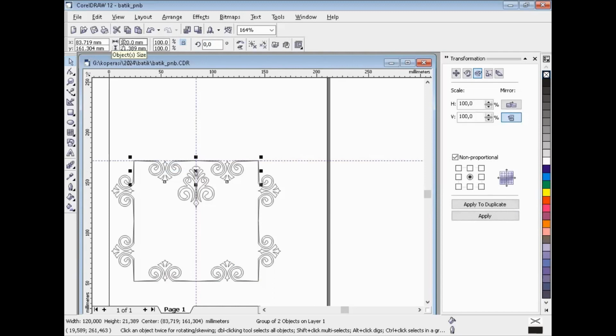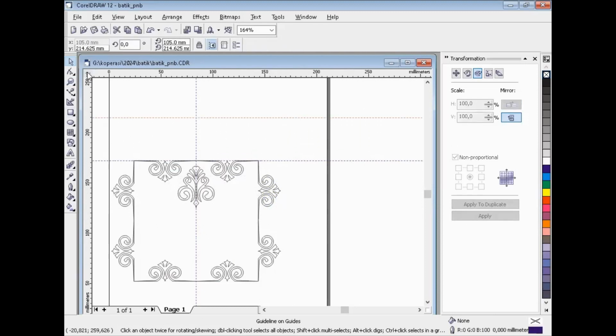Now I have a 120 millimeters square for this. If we want to use a guideline, you can use this center point like this, or we can use the 0 point with this.